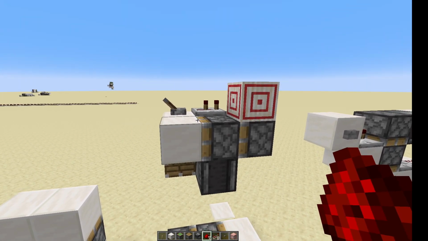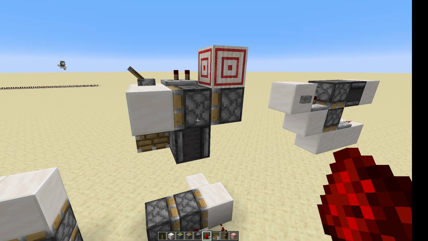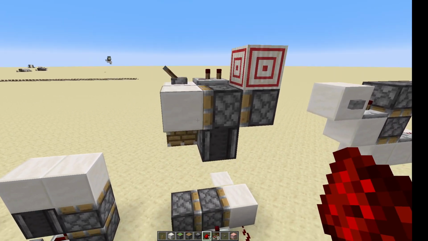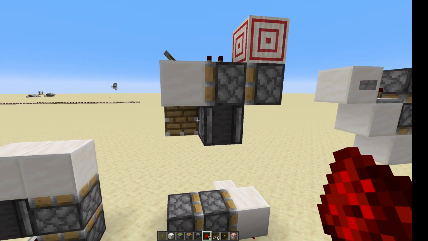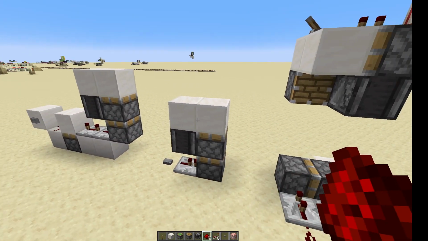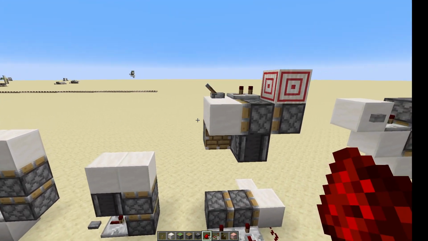And just above it, this one is probably the most complicated one because it uses bud powering. Now saying that, both of these designs use bud powering as well. But